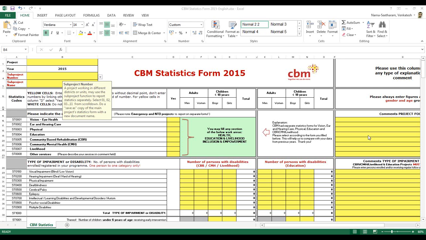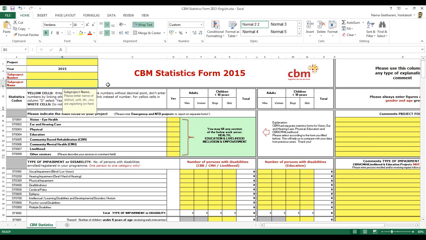No, entity will be yearly. Okay, so entities will be yearly, and the general statistics form will be quarterly. Yeah. Okay, because of course we do have partners that work on eye health that also have entities work, especially within the area of trachoma. Yeah. And we are quite concerned about these. Yeah, as I had informed you.